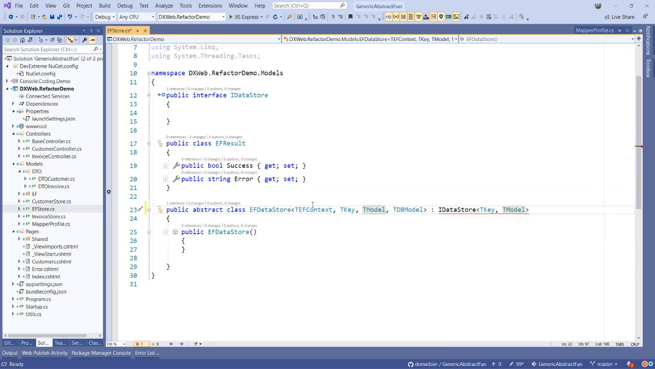And before that will actually work, we need to make this one generic as well. So I'm going to do that like this. Now, there is one thing that we need to do, because we have to make sure that TEFContext is something that is derived from the DbContext class. So we need to put up some restrictions on these generic types, and that is quite possible with generics. So if I go back to this one, I can specify the following here: TEFContext